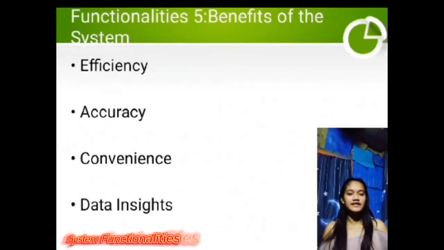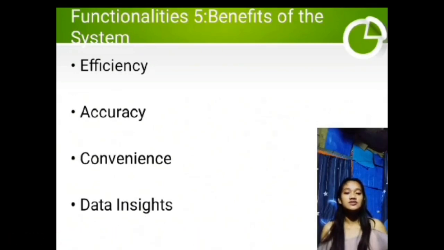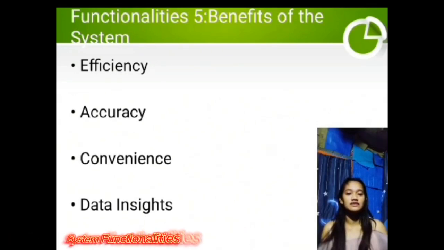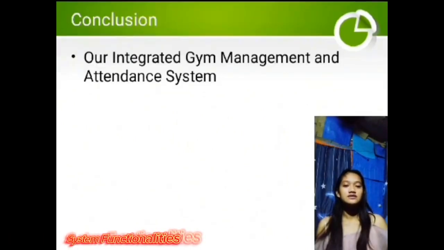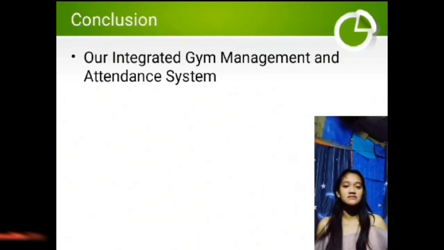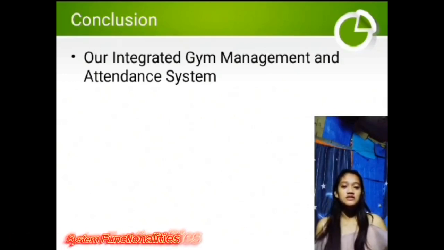Part 5. Let's quickly highlight the benefits of using this system. Efficiency. It saves time for both members and gym staff by automating tasks like attendance tracking and booking. Accuracy. It reduces errors that can happen with manual logs. Convenience. Members can book sessions and manage their gym time easily. Data insight. Gym owners get valuable information to improve their services. Our integrated gym management and attendance system simplifies gym operations and provides a better experience for both members and